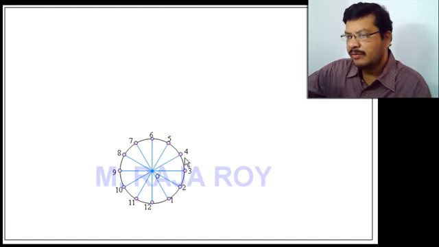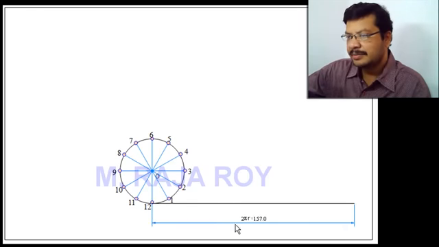That means here I am going to draw for the winding case. In the direction of winding, you have to give the numbers, something like this. Here I am going to wind like this in the counterclockwise direction. That's why you give the numbers in the counterclockwise direction. Then draw a tangent to the circle at 12th division somewhere here, and the length of this tangent is 2 pi r, something like this. With 2 pi r length you draw the tangent and you divide this tangent also into same number of equal parts. Here the circle is divided into 12 parts, so divide this tangent also into 12 parts, something like this.